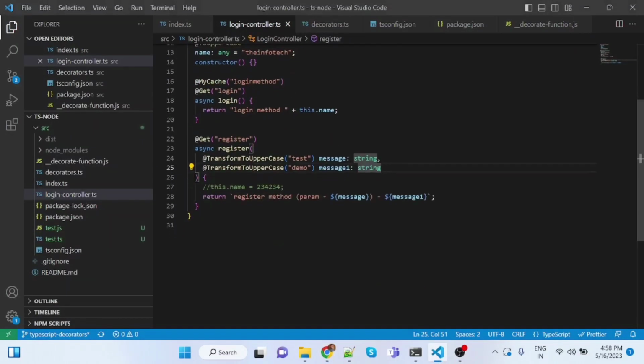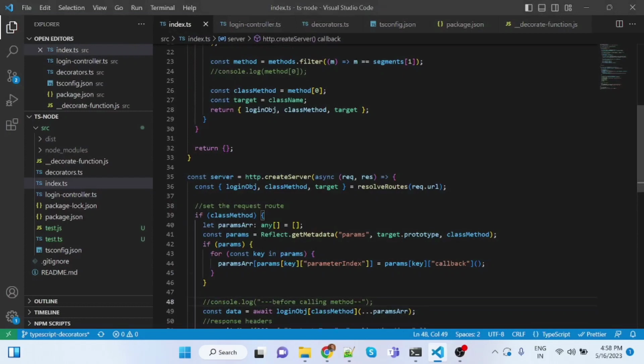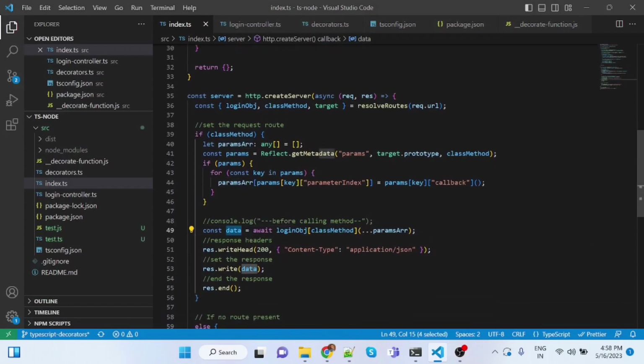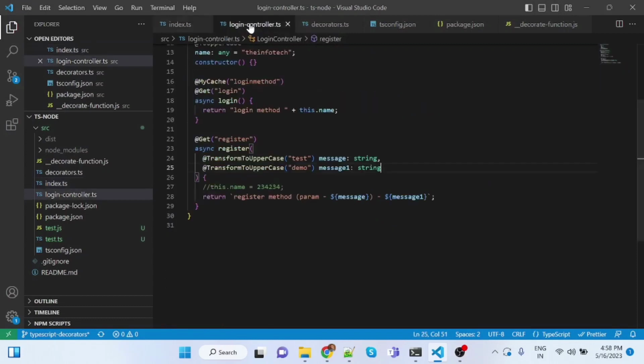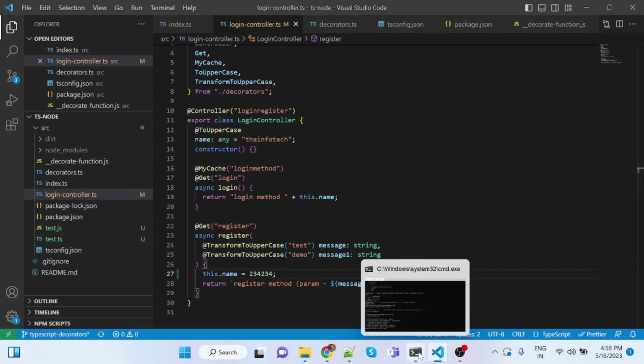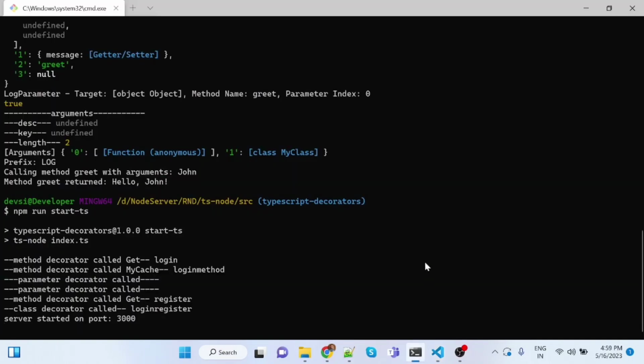Here you can see in the index.ts that I am calling this login object class method and passing the params array, and that data is returned in the response.write. So if I uncomment this.name, I want to show you one thing. If I uncomment this.name and restart the server again,